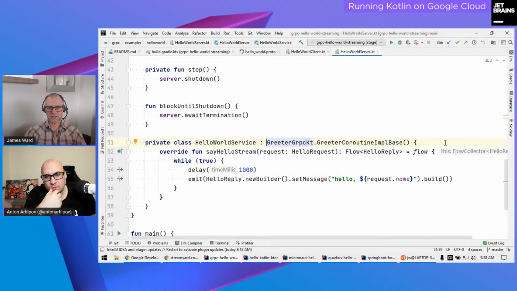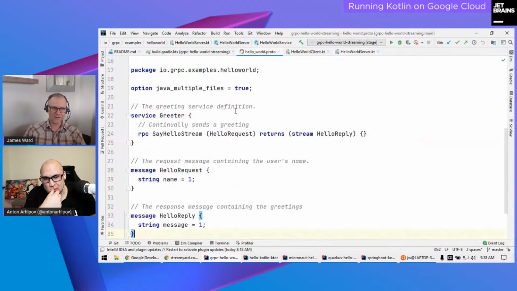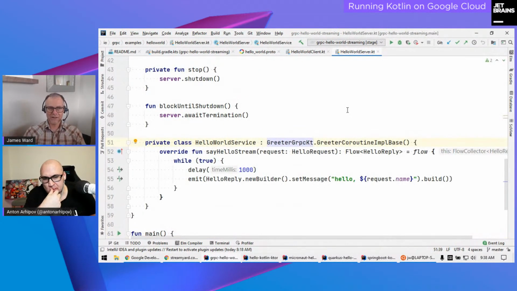So gRPC is just going to give us the stubs that we need based on our proto file. So that service that's defined here, our greeter, say hello stream. But we have to actually give it the actual logic. And so what I'm going to do is I'm going to say, all right, we've got this gRPC greeter gRPC KT